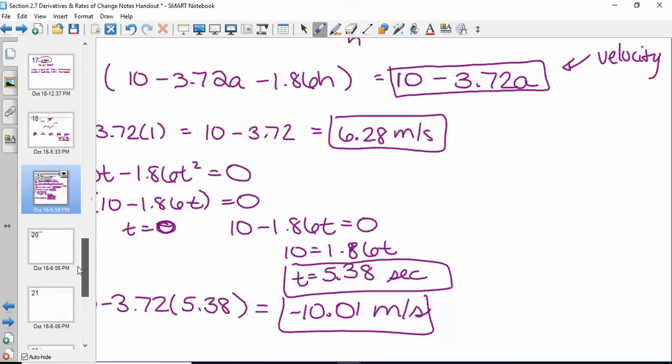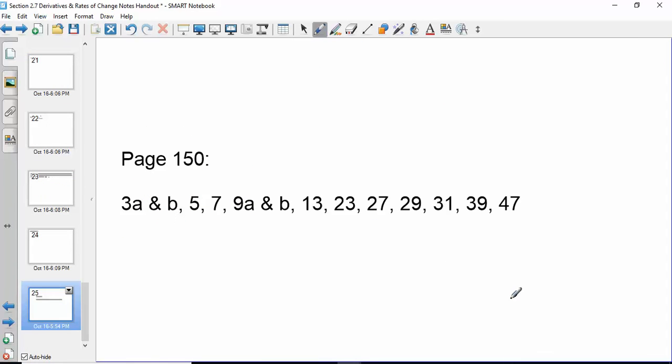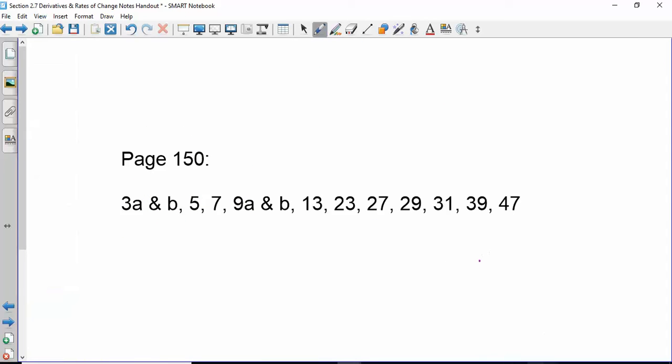Why don't we stop here for today? We'll do the last few examples tomorrow and give you a little time to work on homework, but you have to be working